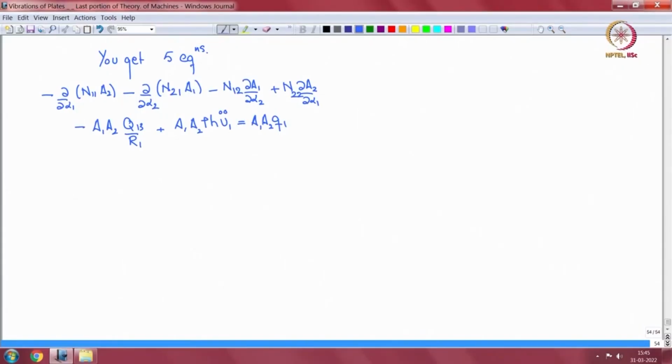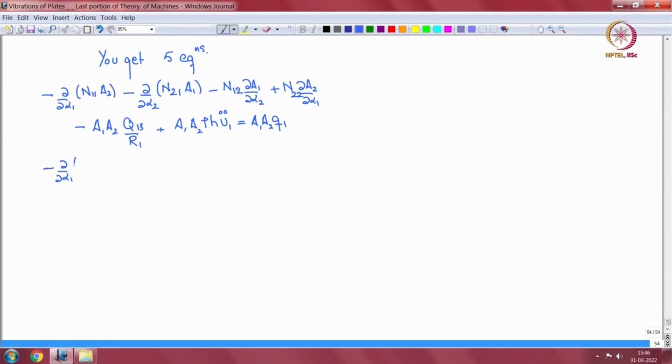Good morning and welcome to this next lecture on vibrations of plates and shells. We had finally arrived at the equations of motion, and I had just written the first equation of motion. So here are the rest, and as I said, maybe this first and last time I will write them together because it's quite cumbersome. So the second equation is minus